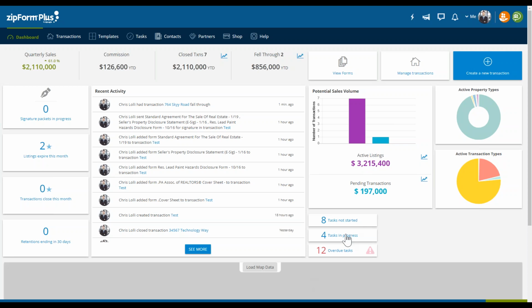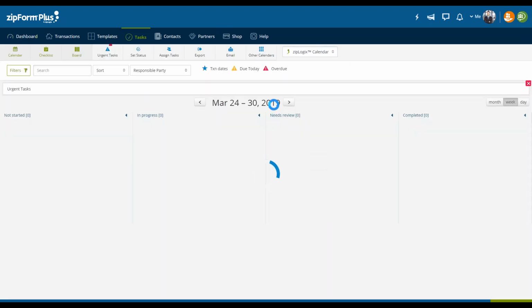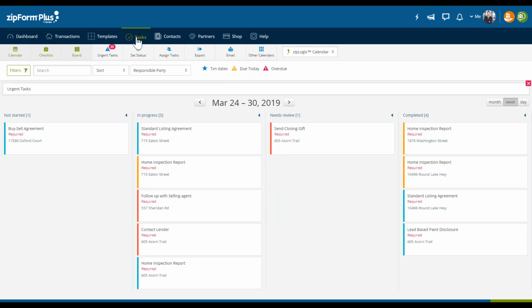Now, right below the graphs is tasks, and you're given 3 different items to click on, and they're all hyperlinks, which, again, kind of anything you see in blue here allows you to jump to a particular portion of the platform or dives you a little bit deeper into the actual description, like the report icon, for example. We have tasks not started, tasks in progress, or overdue tasks. If I simply click on either one of these, it launches me to the tasks tab on our navigation bar. We're going to be getting to this in a little bit, but the idea here is that you get to see all of your tasks for the entirety of the platform.